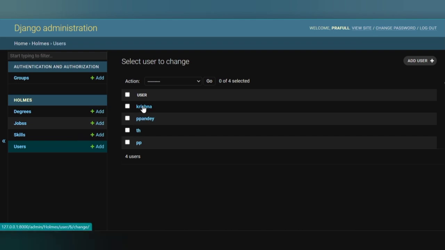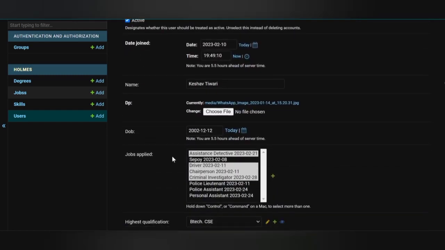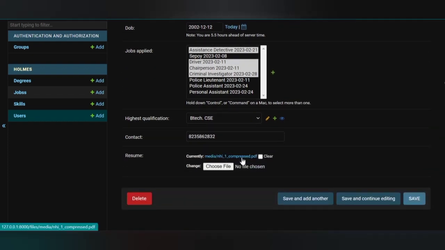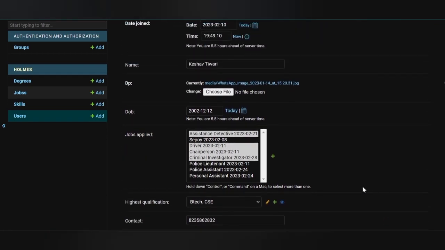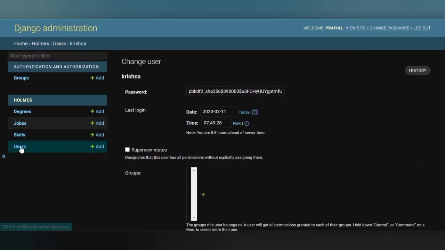Like these are the users which have logged into the site, and you can also see the jobs in which they have applied. They have applied to these jobs: assistant, detective, driver, chairperson, like these. And they have their resume. You can click here to see their resume. And if you found them useful, if you think that they are the perfect match for that position, you can just simply contact them, or hire them. So this is how you can manage the users,